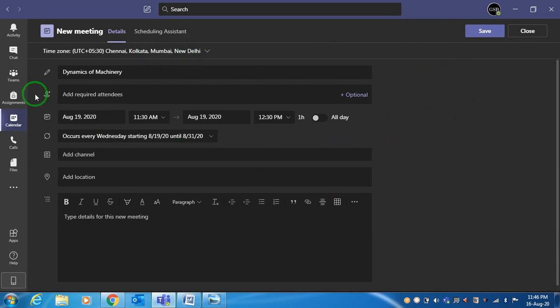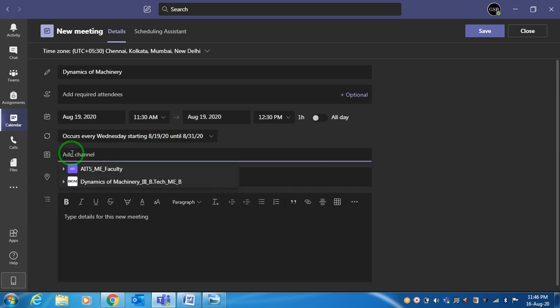See, now here you can see in this calendar previously there was a send button, but here it is only save now. How to get the send button is after selecting on which regular period you are supposed to schedule the timetable. Here is the option called add channel. Once you click on this, it will show the options of our Teams. Mechanical subject, for my subject Dynamics of Machinery. When I select this, it will give one more channel in this general channel. Now once I select this, you can see here the save button has changed to send button.